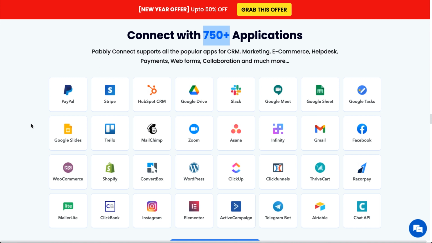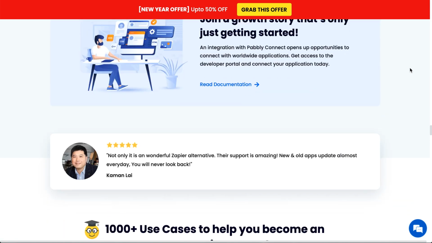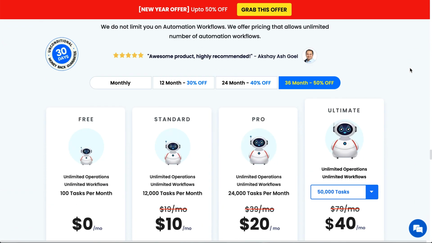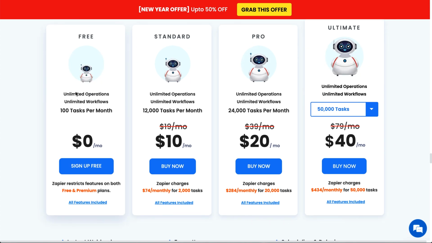They have a lot of the major ones: ClickBank, Instagram. So they have Facebook. So they have pretty much everything you're going to need, but I would recommend checking them out and make sure that they have what you're going to need first. And you can do that for free, because they have this free forever plan, same as Zapier.